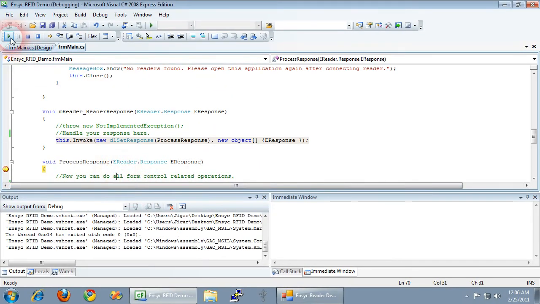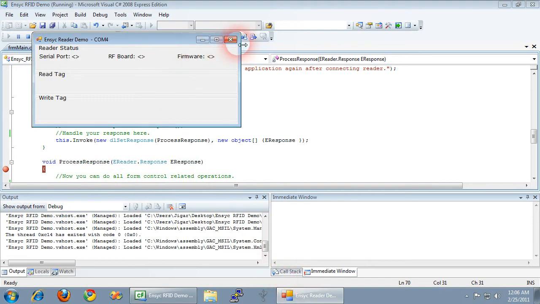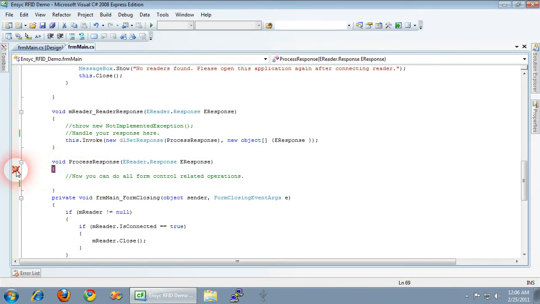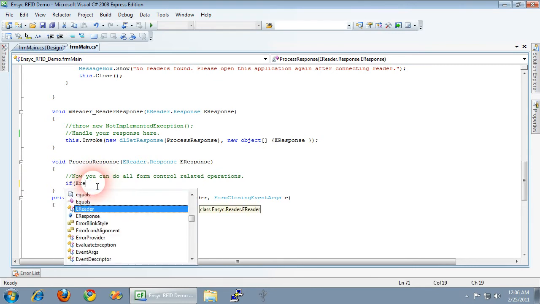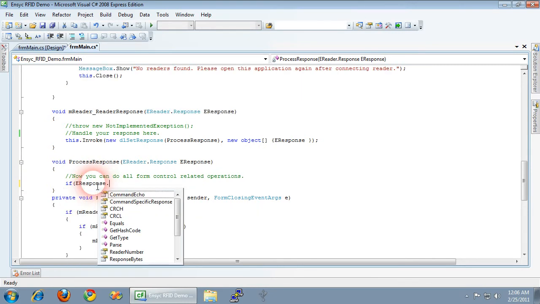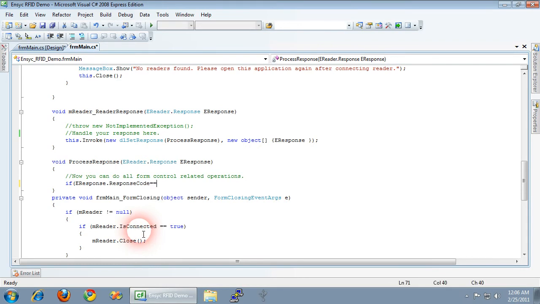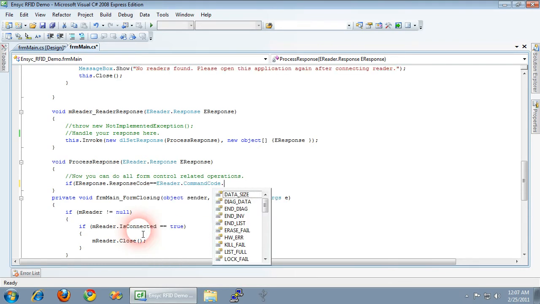I'm just going to let the application run, and just close this one. So if response dot response message or response code is equal to... there are lots of responses. Sometimes it wasn't able to find a tag, it loses the tag, so there is an abbreviated enumeration or enum here, but what you want to look for